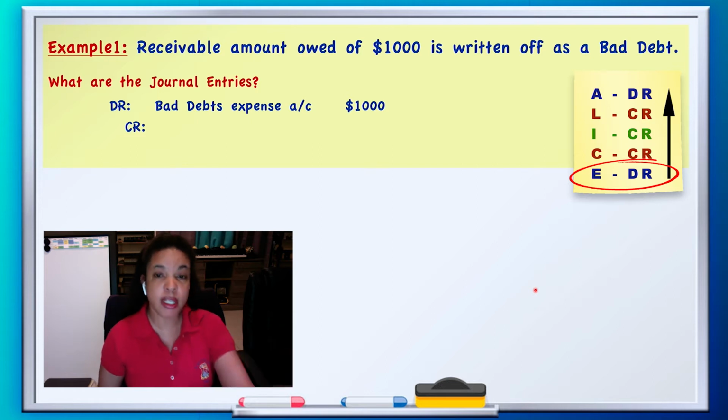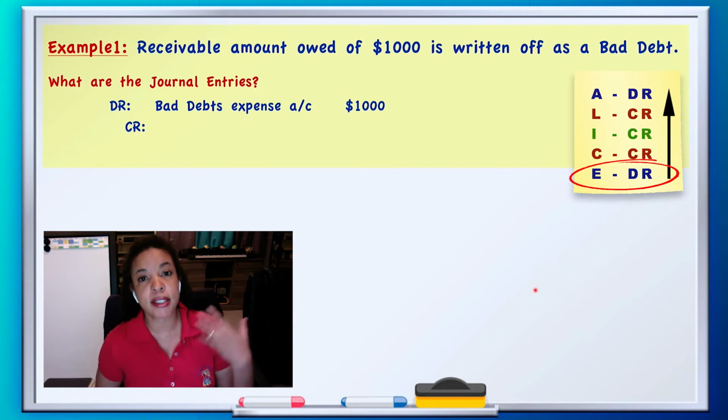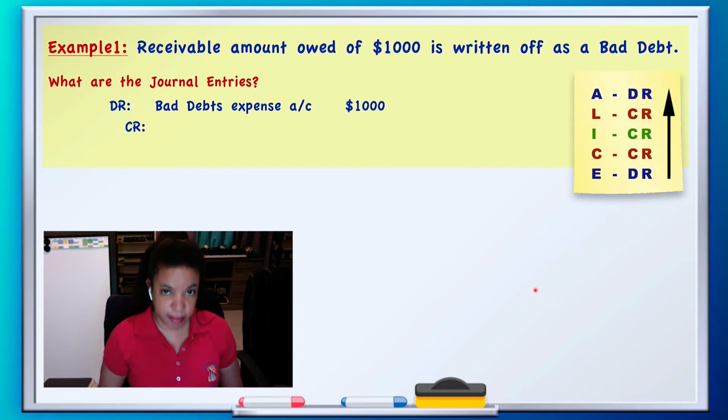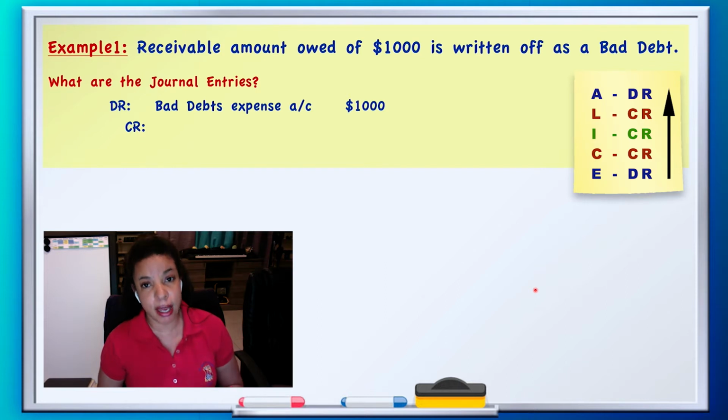$1,000. So in accounting language, this is telling us that there was bad debts of $1,000 written off. Okay? The next account affected would be your receivable. So whoever that debtor is who owed the $1,000, if they give you the name, it would be his account that you go into. Because they didn't give the name, we are just going to put accounts receivable. Because he no longer owes that money because it's been written off, that means as an asset account, we are going to go on the credit side. So we're going on the credit side, accounts receivable,